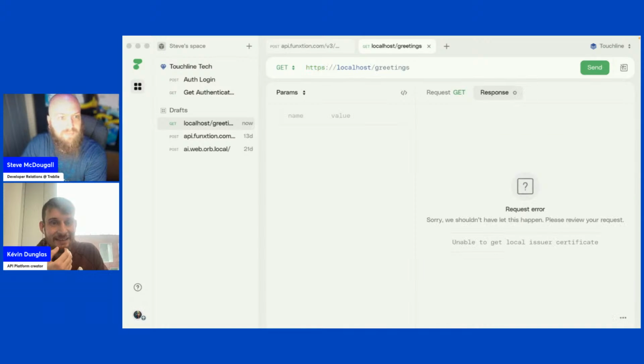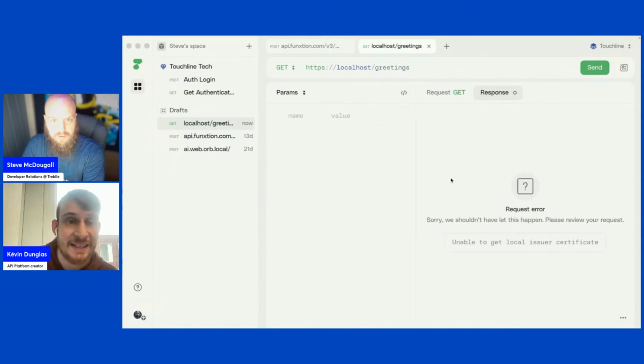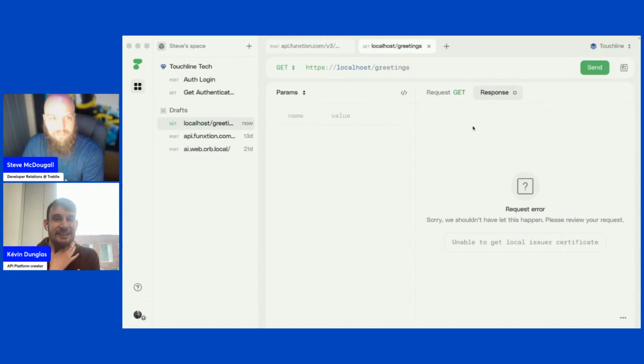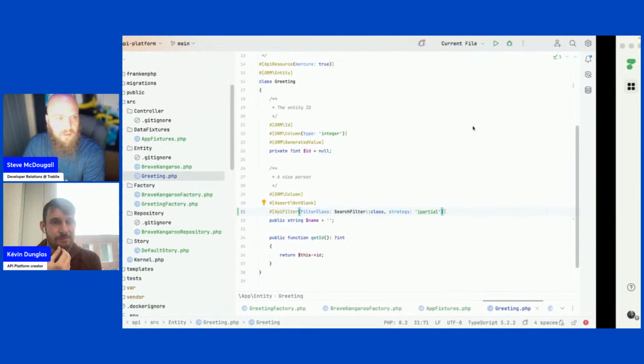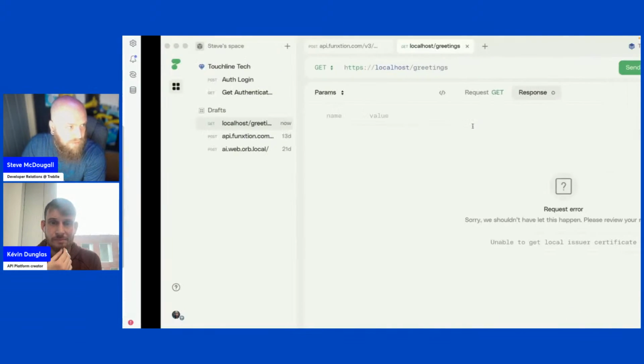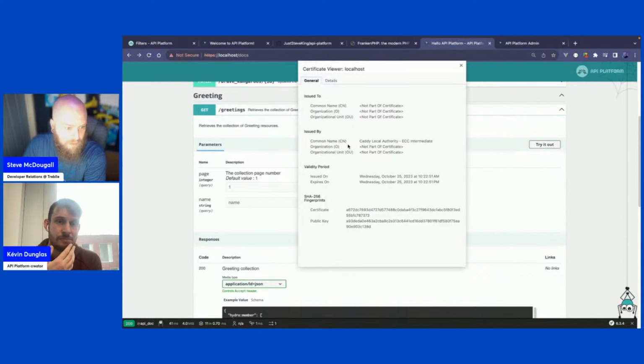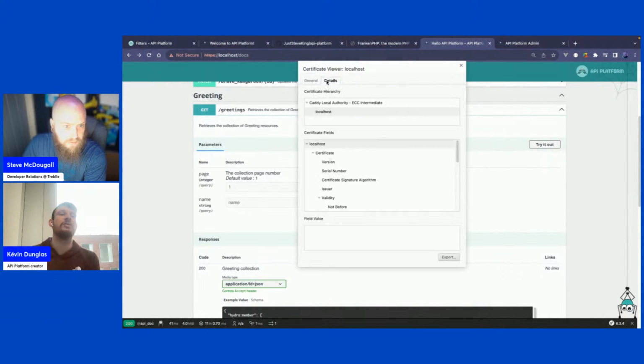No, unfortunately, I think that you will have to accept the certificate somewhere. I'm not familiar with this tool, but there is probably a way to accept the certificate. I'd have to do something on my Mac to accept that. I believe the certificate is not valid. Yes, it's a self-signed certificate.